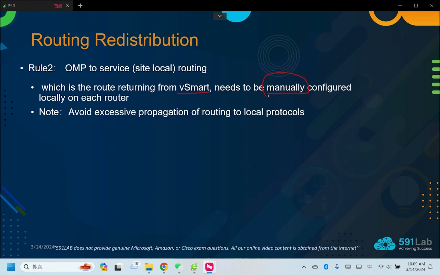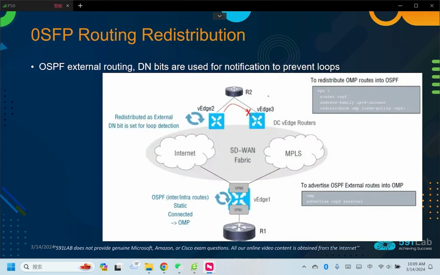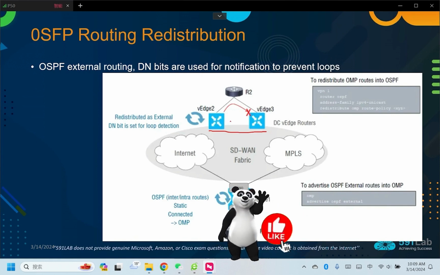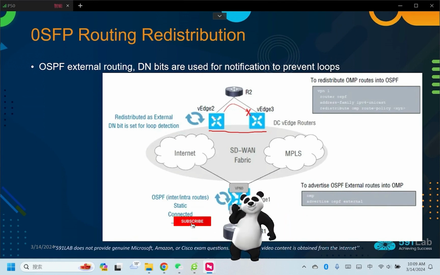From OM to local requires manual redistribution. This brings us to a second topic. In the process of redistribution, we need to consider whether it will cause loop issues, while avoiding an excessive number of redistributed routes. These two issues need to be considered, mainly to see if it will cause loops. The first scenario